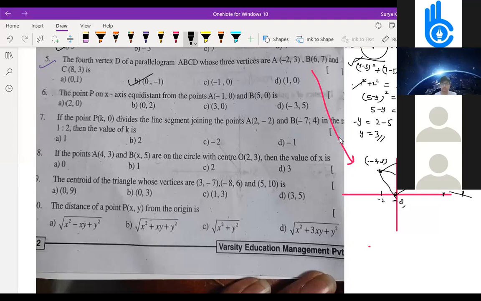Hemant, Samarth? Yeah. Fifth one is clear. You can draw by this also. Or if you want to do it by formula, that also you can do over here. That is also very easy. What you should do: this is (x1, y1), this is (x2, y2). You can just solve completely. I'm just solving over here. One minute.